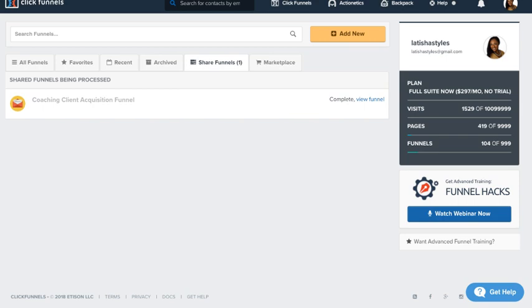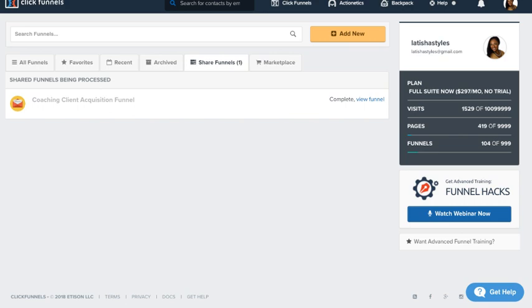So I send them to the first page, which is sharing a case study of one of my clients. Then I send them to the next page that has the actual case study video. Then from there, they can choose to click over to the next page, and if they choose to apply, they do the application, and from that page, I have a final page that redirects them to my booking system. Now, there's a couple of things that you can do for that last page, and I'm going to show you